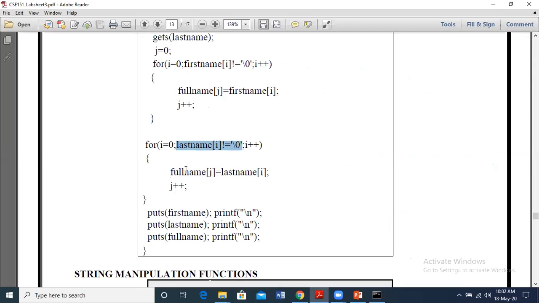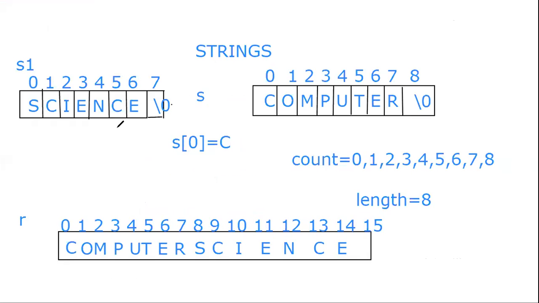full name. Okay, so now we have the entire first name plus last name in the full name, right? So when we see this, we have got the input first name and then input last name which we have taken. We print them again. This is optional, but only for our reference we can print it again, first name and last name with a new line in between, and then we print the full name, right? So when we have given, for example, input like this, first name computer, last name science, output will be computer science, and then there is a null character at the end added.